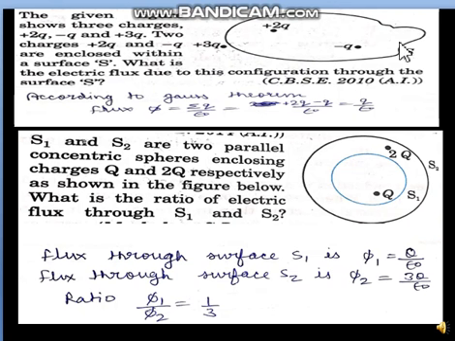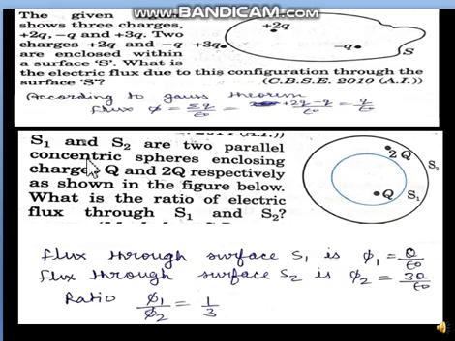So very simple. Gauss theorem says first of all that the charges should be enclosed by the surface. So these are enclosed, and then the electric flux linked with that surface, which we denote phi, is always summation q upon epsilon 0. Summation q means whatever charges are within the surface, inside the surface, that only we have to count. So 2q and minus q are inside. So 2q and minus q we have to use. We have to ignore this 3q charge. So this way total flux is 2q minus q, which is q upon epsilon 0. So this is the answer of the flux.